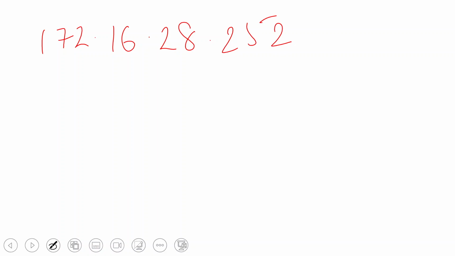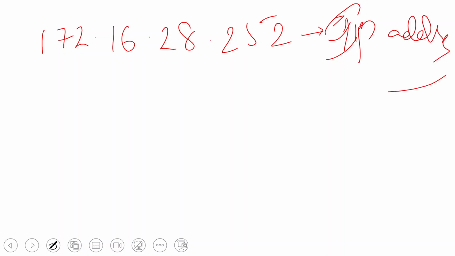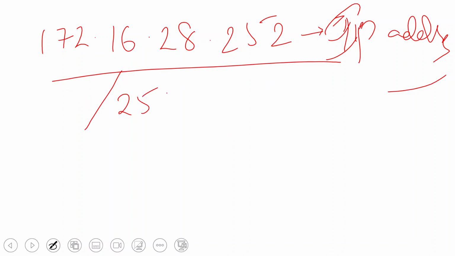In one of my interviews last year, this kind of question was asked to me, not exactly the same, but in CCNA this question came to me. So 172.16.28.252 is the IP address given to me, and the subnet mask for this IP address is given like this: